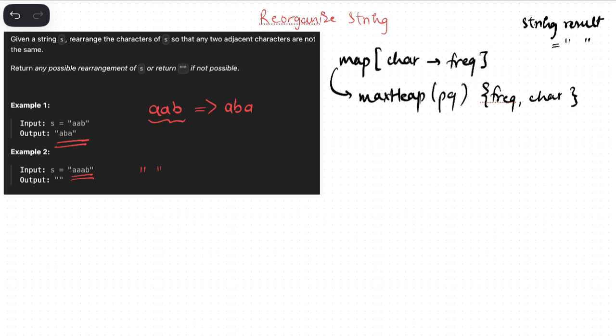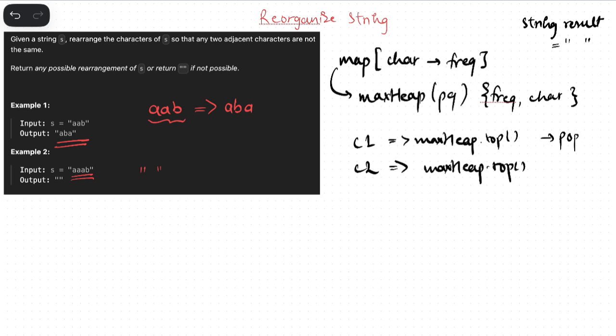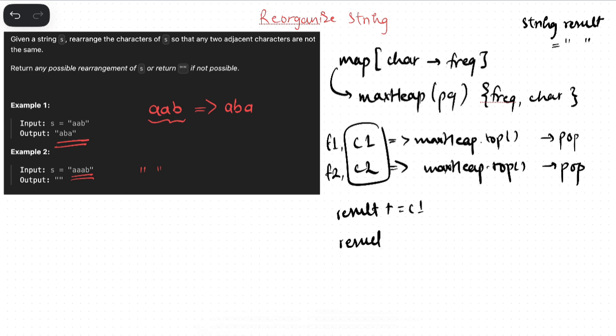heap. So for example, if I have C1, C2, I'll pop twice from the max heap: top, and then pop, and then the same thing, top, and then pop. We have both of these. Obviously, we will also have their frequencies as well. So we will pop the pairs. For example, F1 and C1, F2 and C2 popped out. And then we will append C1, and then we will append C2